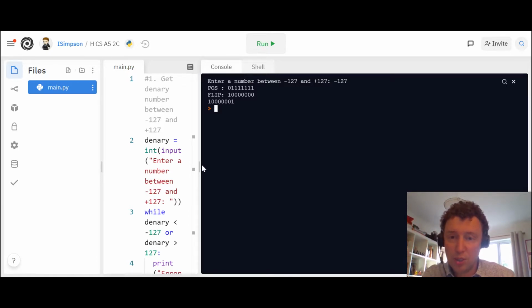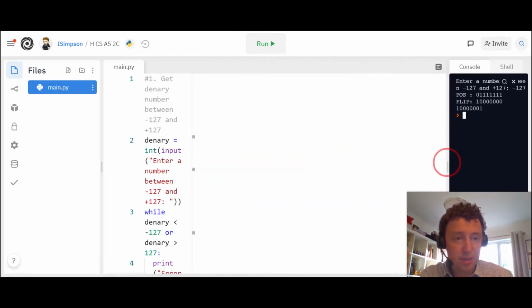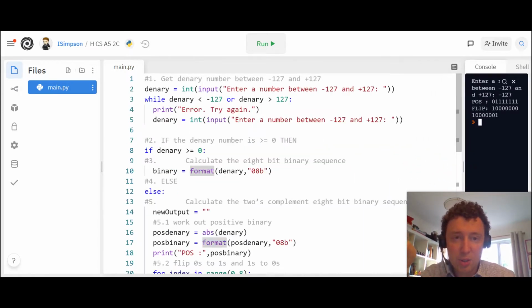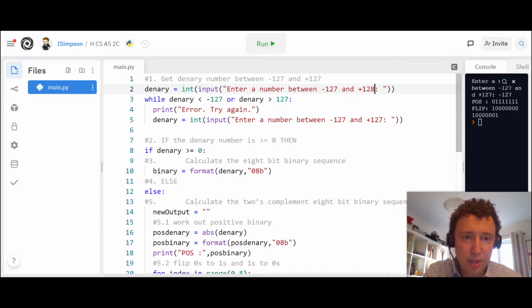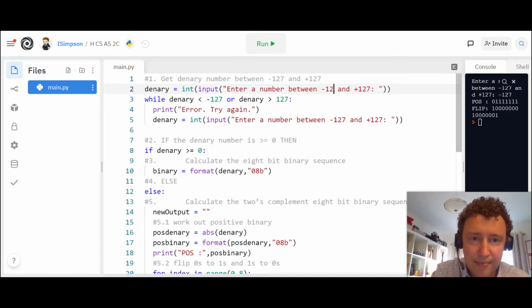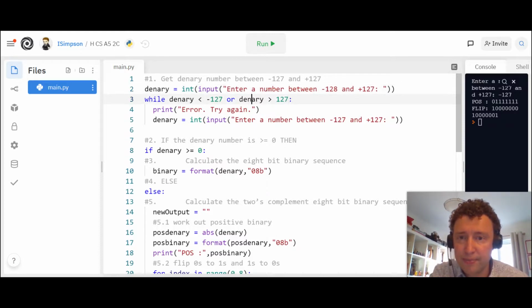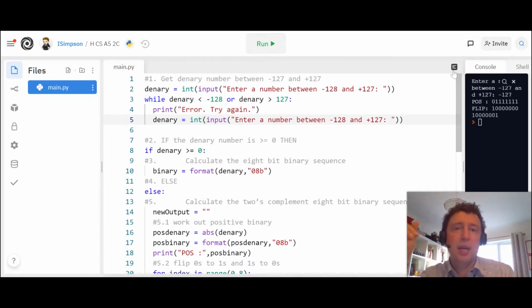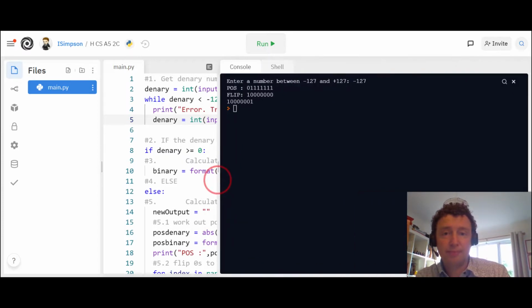So let's just change that code. I knew it was just slightly out. So I'm just going to change the code there, change the number there. Oh, sorry, it should be the negative, not the positive. Oops, pressing the wrong button there. So minus 128 to positive 127. And then I'll just change that as well. It's just text, but I'll change it anyway. Right. And if we run the program one more time,